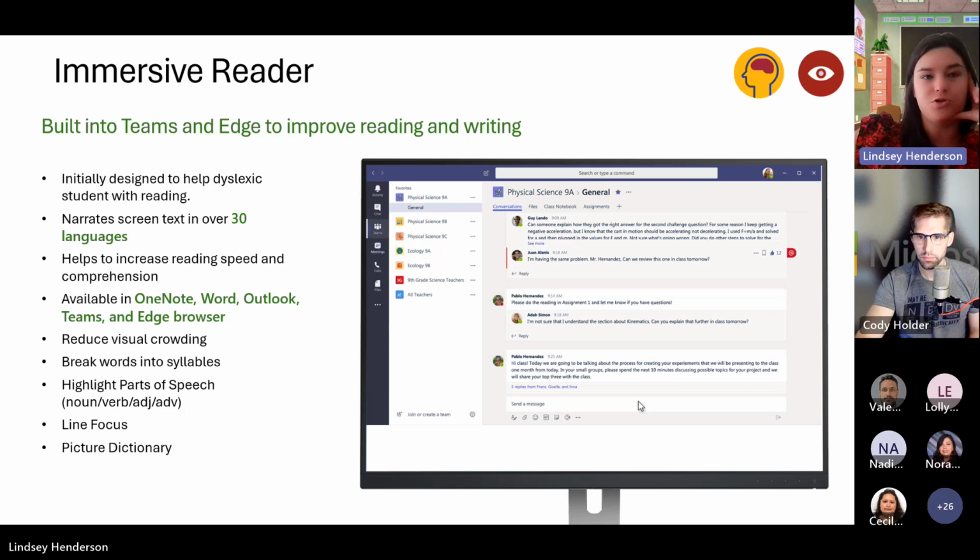A couple just personal stories. I have ADD, and so I get very distracted. And so if I'm actually reading a news article online, or maybe I'm trying to study for something here with Microsoft, you get those ads in the backgrounds of different web browsers. Well, I can then actually put that page in Immersive Reader, and that's going to get rid of all of the background noise. All of those little ads and pictures are going to go away, and I'm just going to be able to focus on the content. So that's just one way to use it as an adult end user.